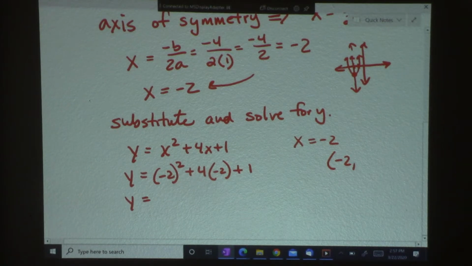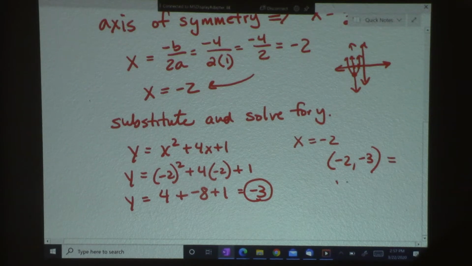So -2 squared is 4, and 4 times -2 is -8, plus 1. Okay, so if I add these all together, I get 4 and -8 is -4, plus 1 is -3. So the y-coordinate is -3. And my vertex is going to be at